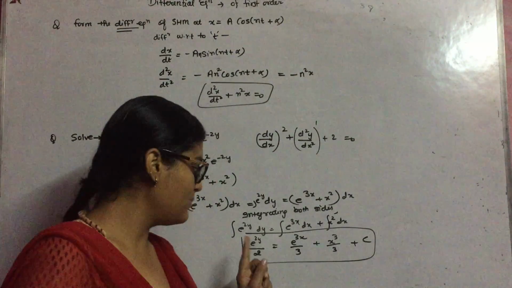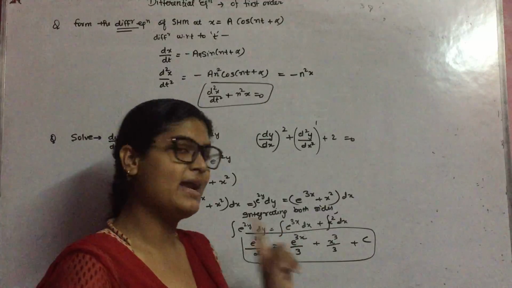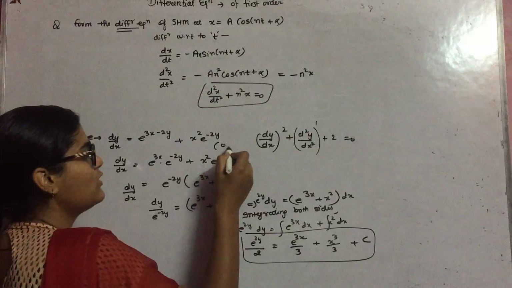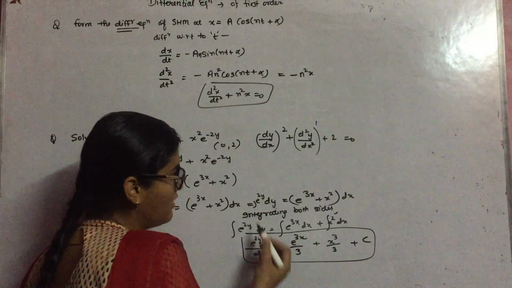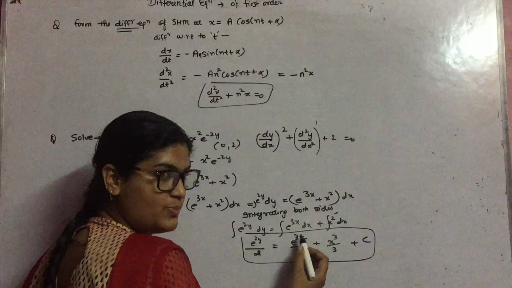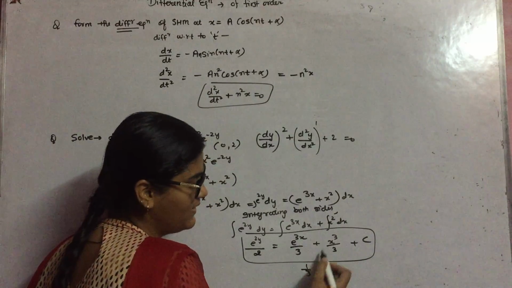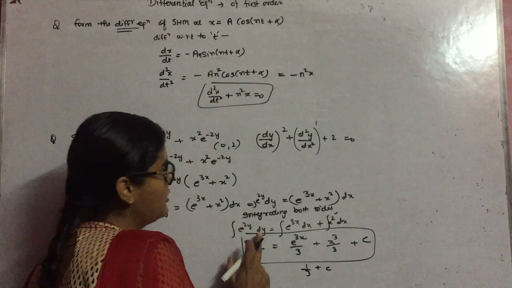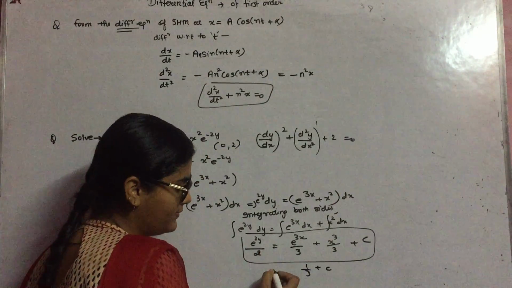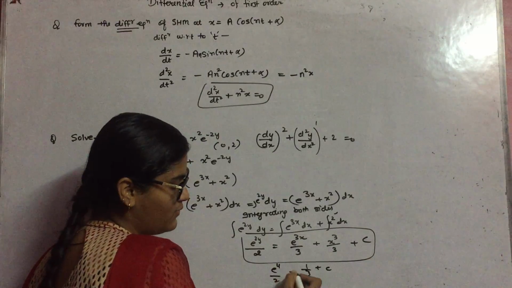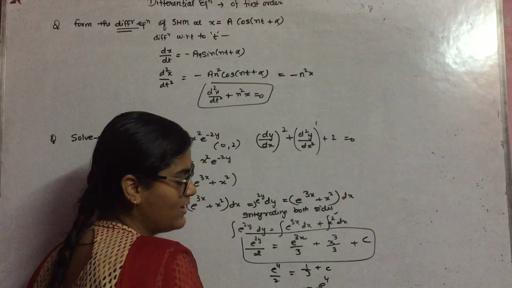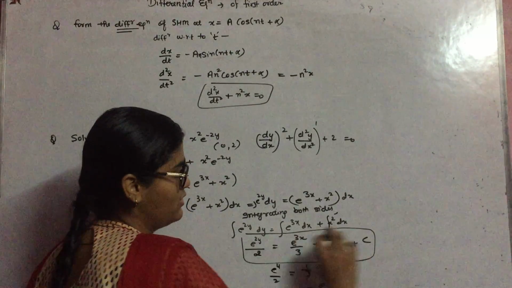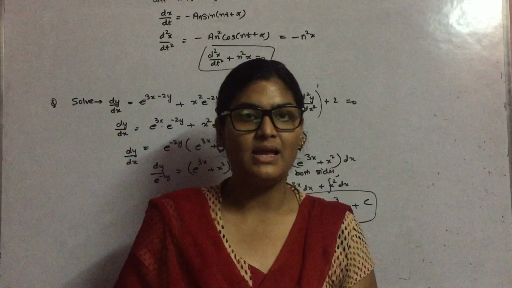Why is it a general solution? Because we are not given the values of y and x. If the question says you have to solve it when x is 0 and y is 2, you substitute x as 0: e raised to power 0 is 1, so 1 by 3, x as 0 cancels out, plus c, and e raised to power 4 by 2. So c becomes e raised to power 4 by 2 minus 1 by 3. Now substitute this value into the general solution and you get the particular solution. I hope you will understand.